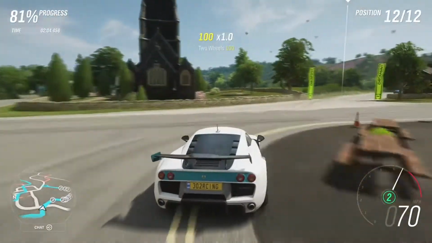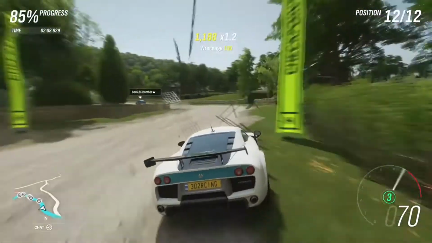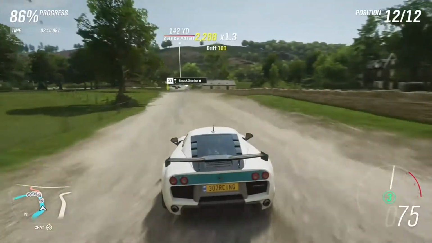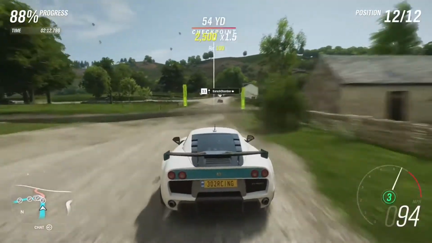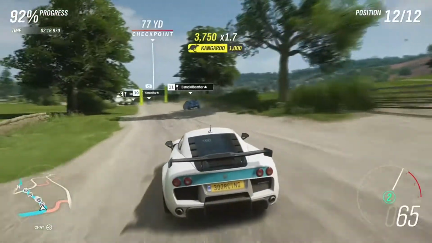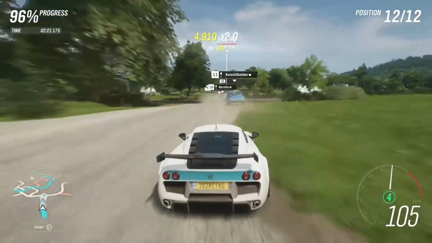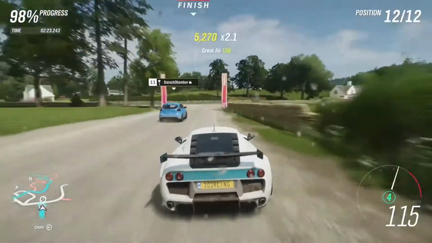Okay, we're good. We're a little bit wide there. That corner is decidedly tricky. Come on, baby. Come on, baby. There we go. Now just a little bit of a brake before there so I don't run wide. There we go. That was a good run. And then we just have the run to the line, and it is...